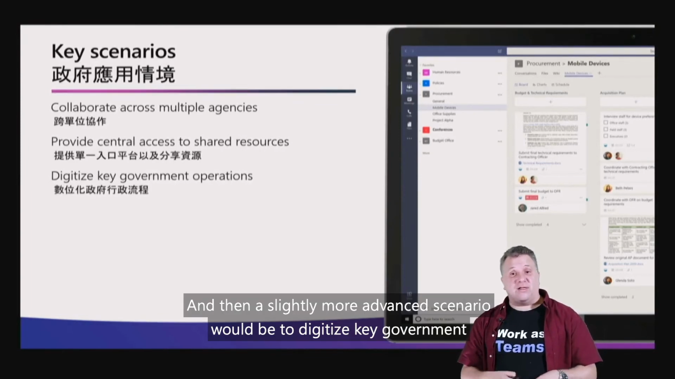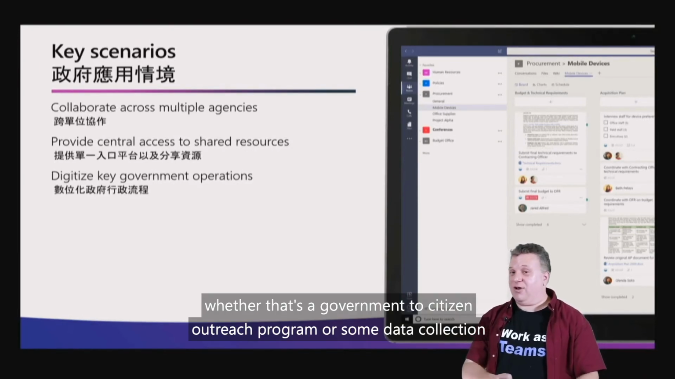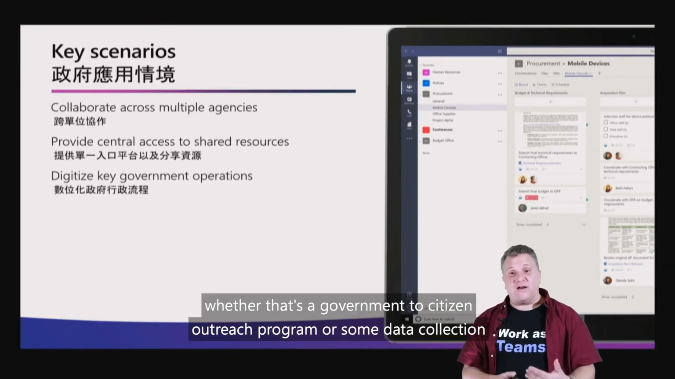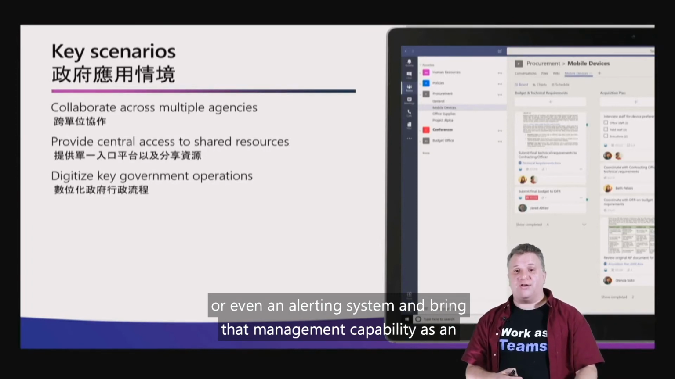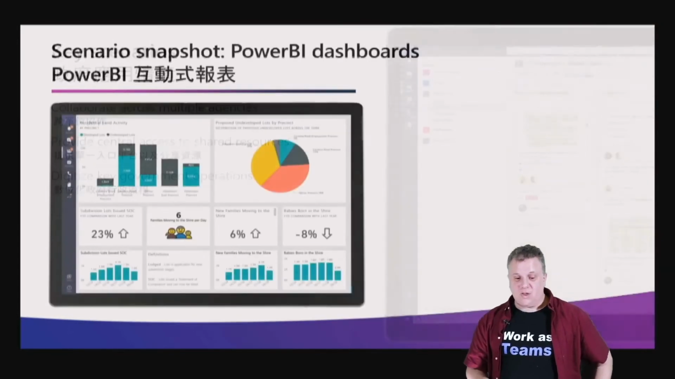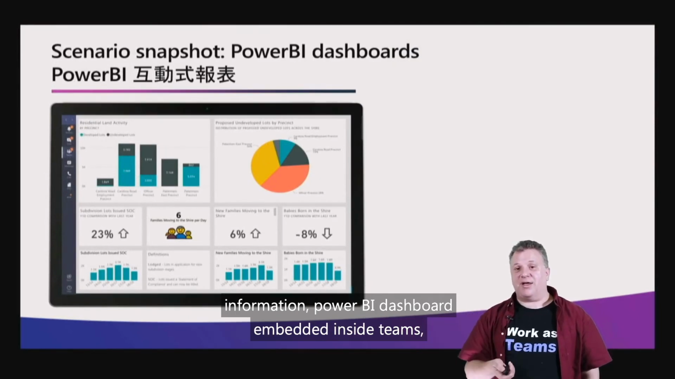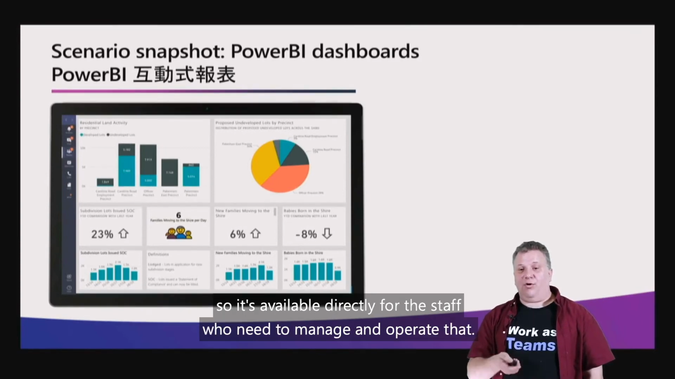And then a slightly more advanced scenario would be to digitize key government operations, whether that's a government-to-citizen outreach program or some data collection or even an alerting system, and bring that management capability as an application into Teams. Here's an example of how you might do that with Power BI. Have a government information Power BI dashboard embedded inside Teams so it's available directly for the staff who need to